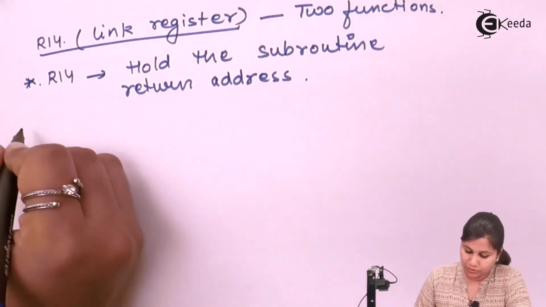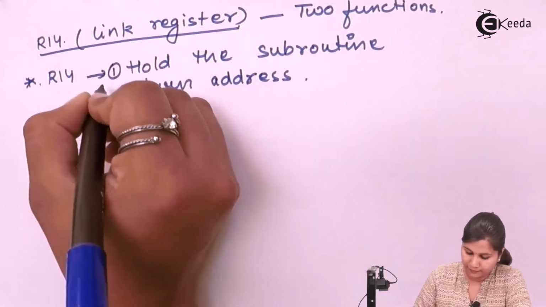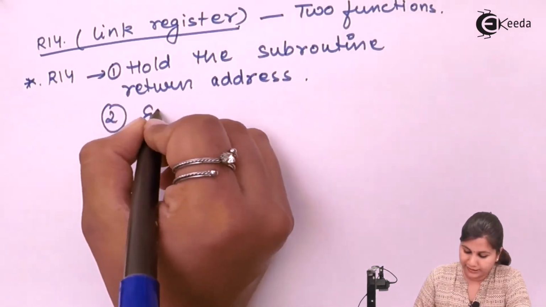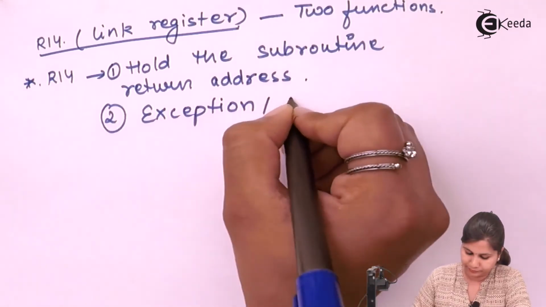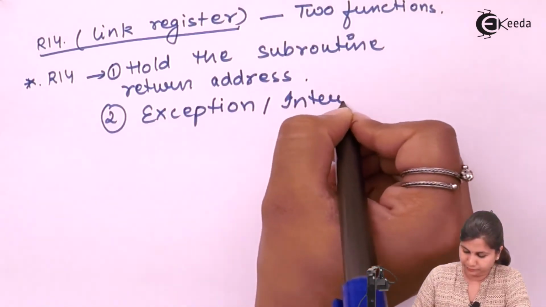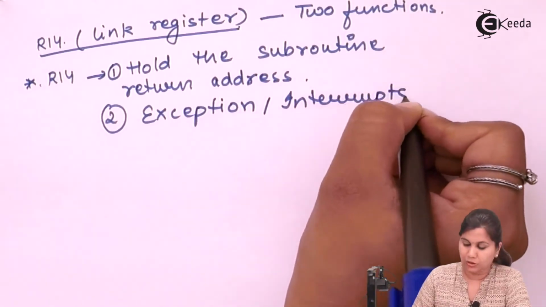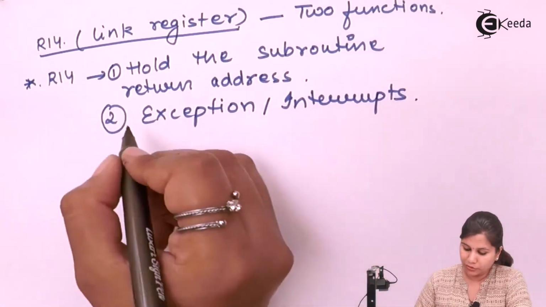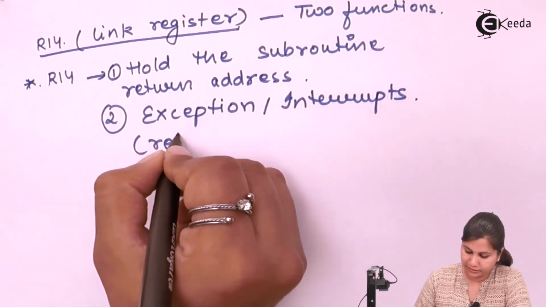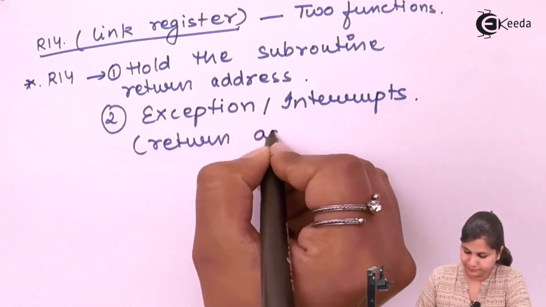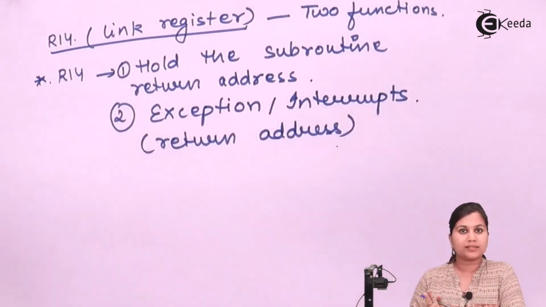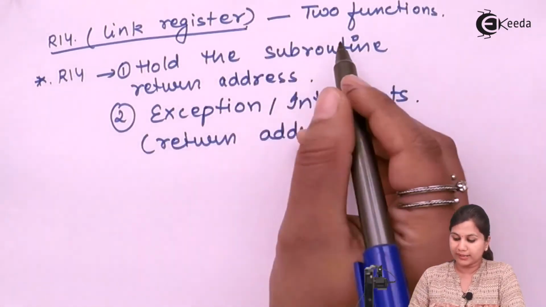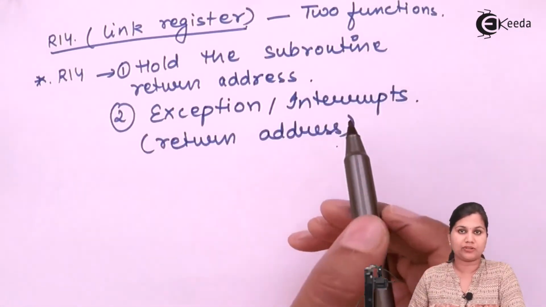Okay, and also it is used in case of exceptions, that is interrupts. So in case of interrupts also, it is used to hold the return address. So this link register holds the return address, one for the subroutine and the other for the exceptions and the